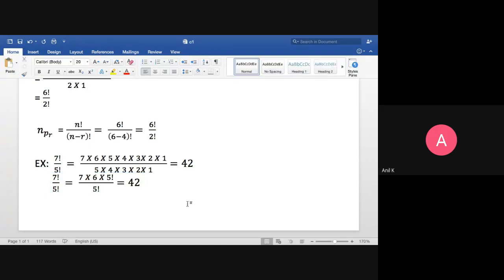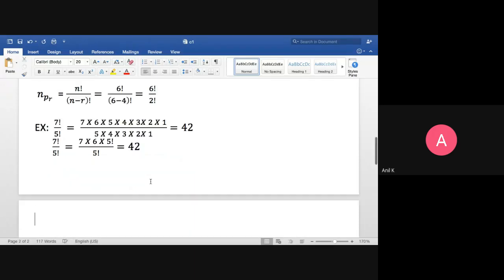So this is the same way of solving, but the easiest way here is that I have no need to expand 5, 4, 3, 2, 1 in the numerator and also expand 5, 4, 3, 2, 1 in the denominator. We are just a little bit lazy, I mean, to write each and every step. Both are valid steps even in the exams. You can use any of the steps as per your convenience.